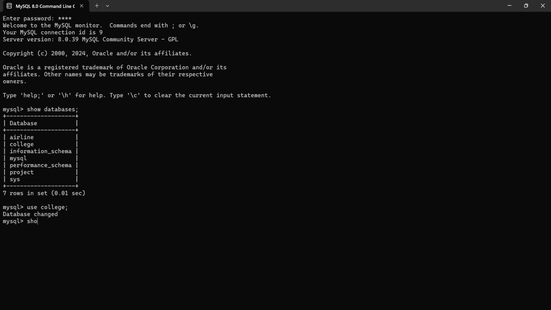If I want to show tables, type show tables. Here we have three tables: admission, course, and student. And if I want to change something in the course table, then type